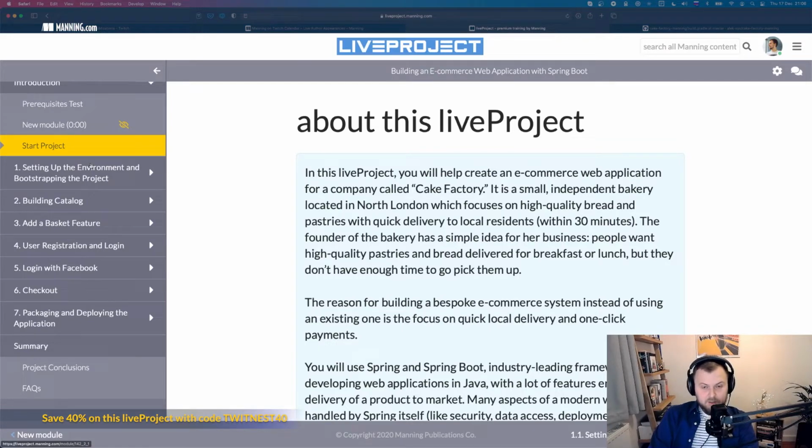So I said that this is not just a web application, it's an e-commerce web application. And an e-commerce web application usually has a certain set of features, right? So the catalog is the obvious one. You just want to show the items you want to sell. Apparently you're going to have something like a basket or a cart, so you can add items and then check out. So you probably want your user to be able to register and log in with their account,